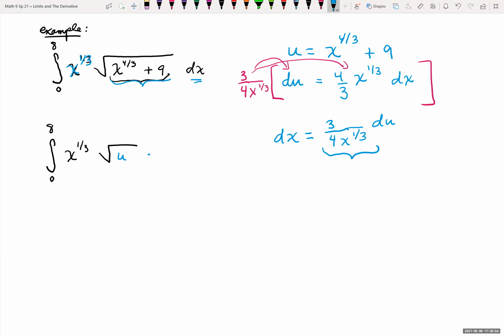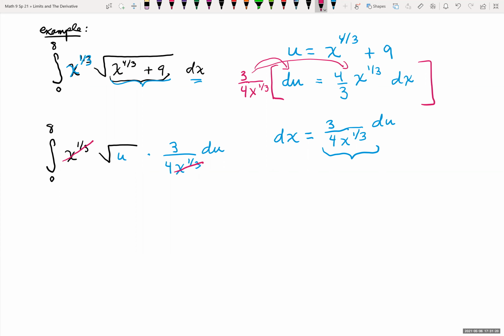So I notice our x to the 1/3 cancel. And if they didn't cancel, then I either chose what u was wrong, or there's a way to go back in and manipulate x in terms of u. But things canceled out, so that's nice. I know I can pull that 3/4 outside of the integral. So the integral,